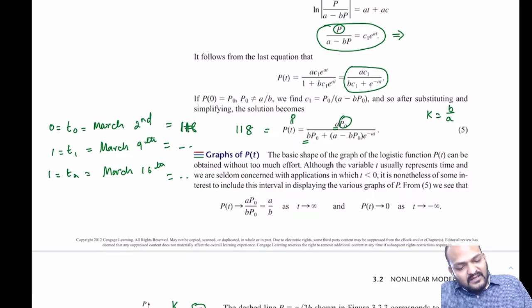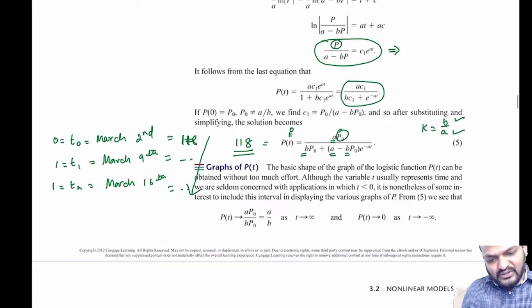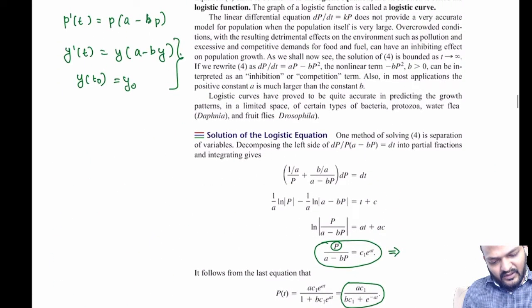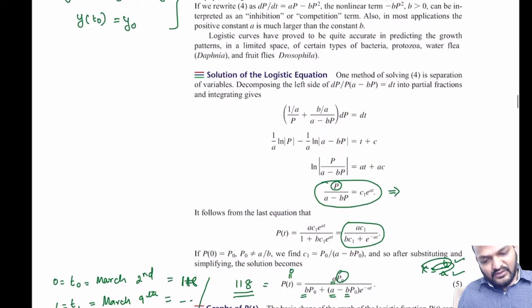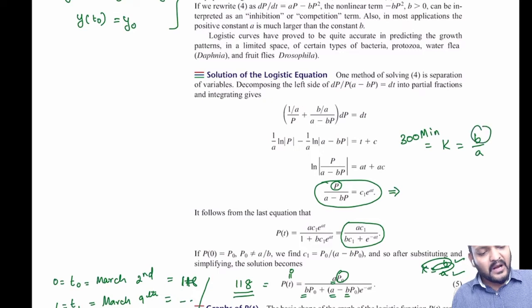You can figure out these A's and B's using this data that we have by looking at these numbers. So figure these A and B out. Remember, is it A over B or B over A? It should be B over A, my bad. The carrying capacity K should be B over A, right? In our case, that happens to be 300 million. So you figure out the appropriate B over A, that is 300 million,